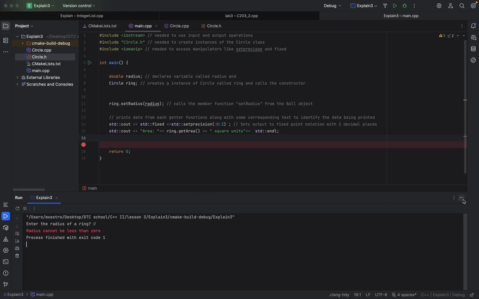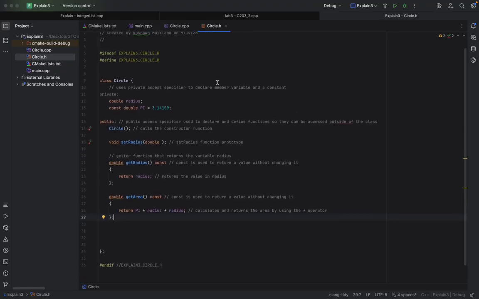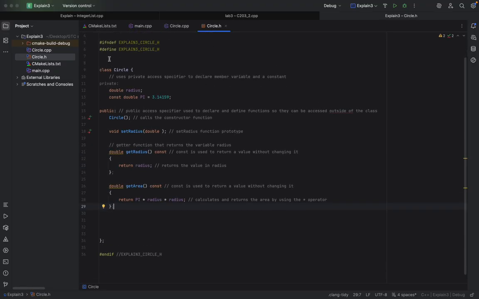So now I'm going to go ahead and explain what I did in this program. I have 3 files that I use: a main.cpp, a circle.cpp, and a circle.h file, a header file. In the header file, I just declared a class called circle, with two private members,